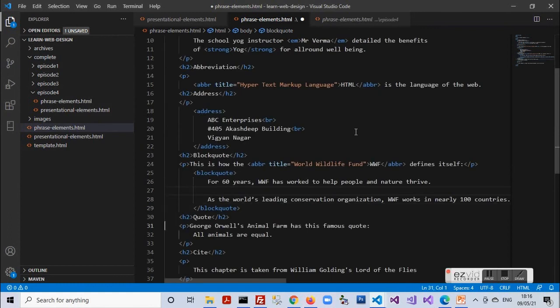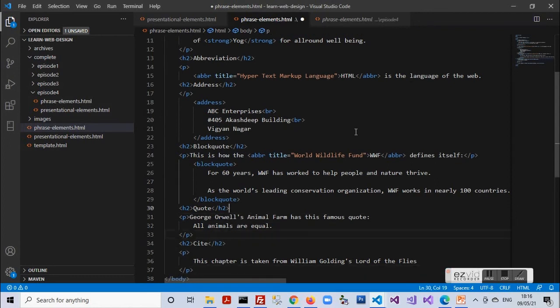Next is the quote element. So George Orwell's novel, the quote "all animals are equal" is enclosed within the Q tag, starting and ending tag, and the citation tag in the last sentence.